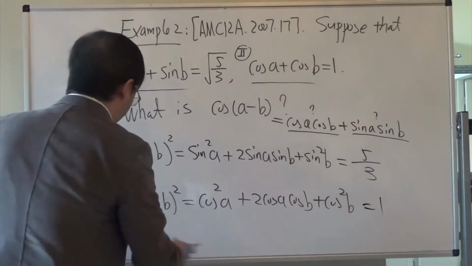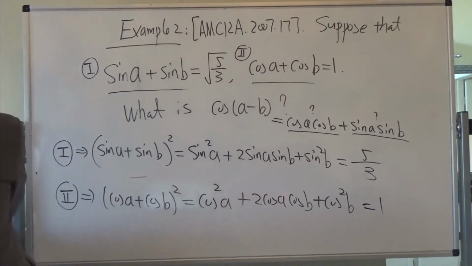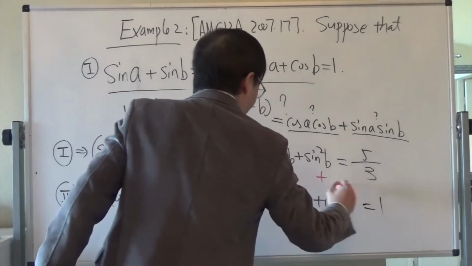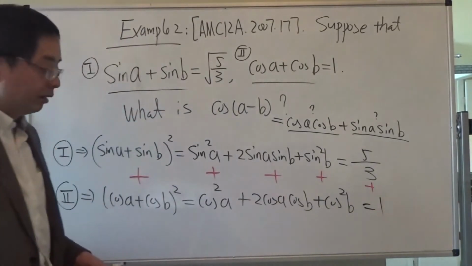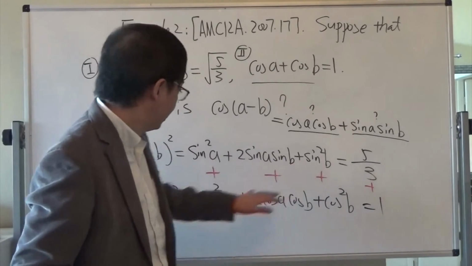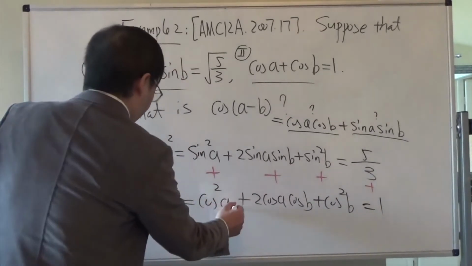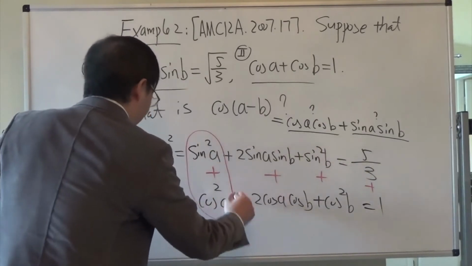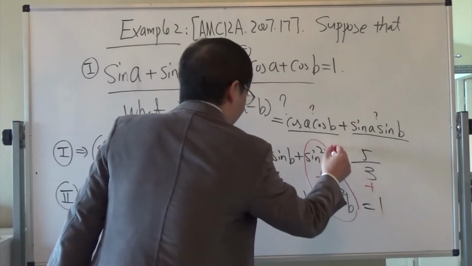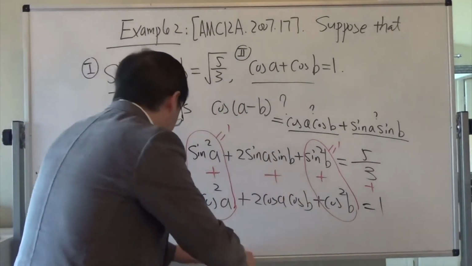Now, our goal is to get the two things added together, right? Then obviously, what I should do is add these two equations together. I'll add this, this, this, this. Now, the point is, although here we have terms like sine A, sine B, cosine B, if we recall, these two things add together equals 1, and these two add together is also 1, and therefore I derive,